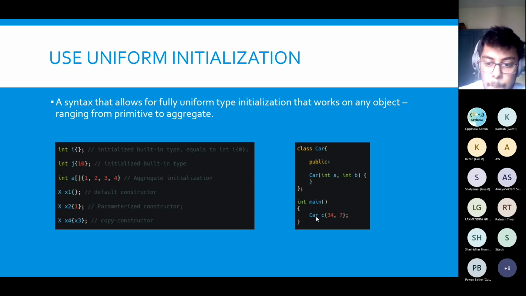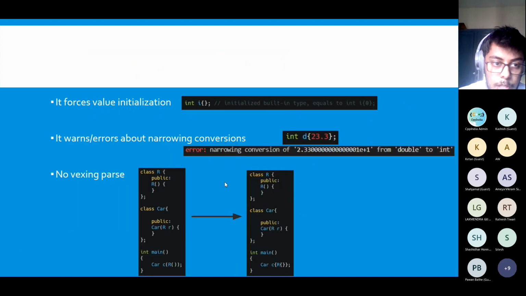And this is not for copying, okay? This is just for initialization, like straight away you are initializing. So what are the advantages that we get from this? It forces value initialization. That is the first thing. What generally happens, I've seen, is that we write int i, suppose the variable name is i, and we are in the habit of initializing it later on, right? And with C++, there can be some kind of garbage value, and then things can get messy if you forget to initialize it later on.